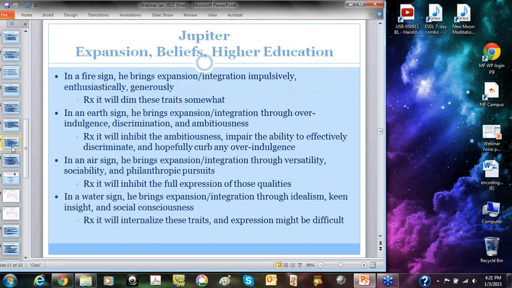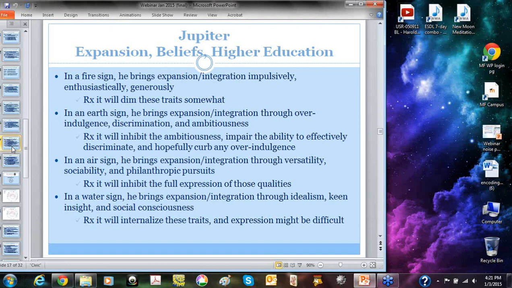Jupiter is considered a beneficial planet for most of us. Being retrograde, it might lessen the rewards. With Jupiter, all things are larger than life, and we incarnated specifically to learn from these experiences, so most things are fair game in the process of learning through expansion, and then integrating what we have learned into a healthy personality. If Jupiter is retrograde, then things won't be quite as large. The experience might not be so over the top, and the integration might take more effort than if Jupiter was direct and less inhibited.